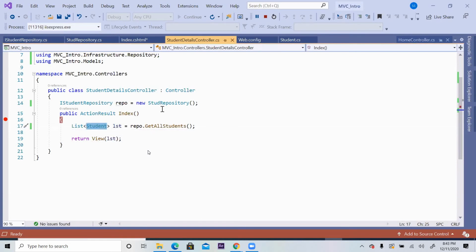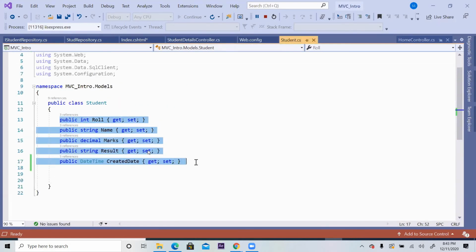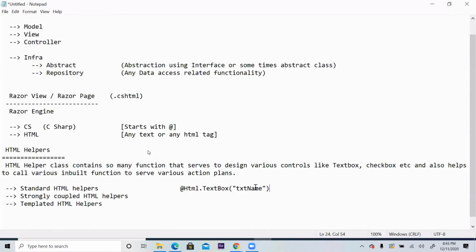So student has so many properties. Did I say which property of the model class will be connected with this text box? I didn't say that. It's an independent text box. I don't know whether this data is going to model data or coming from model data. I have no idea. It is an independent text box. That is called a standard HTML helper.